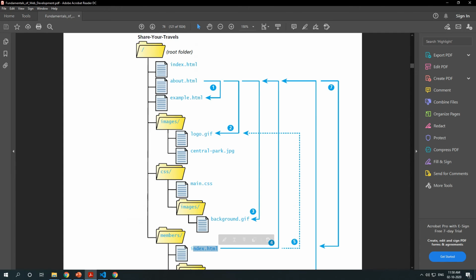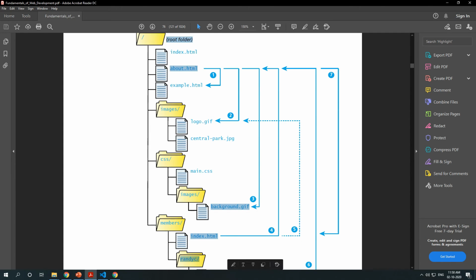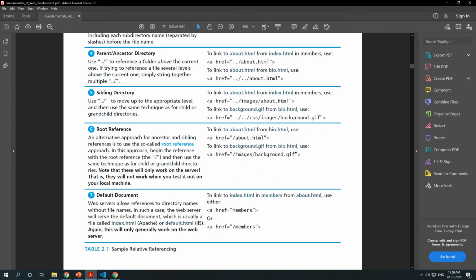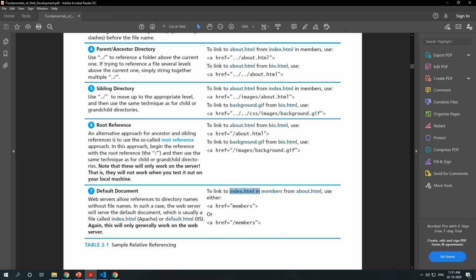If you want to refer to this file from about.html, you need to use just href members, with no need to mention any file name. By default, the index.html file will be called. Again, this will work on a server.